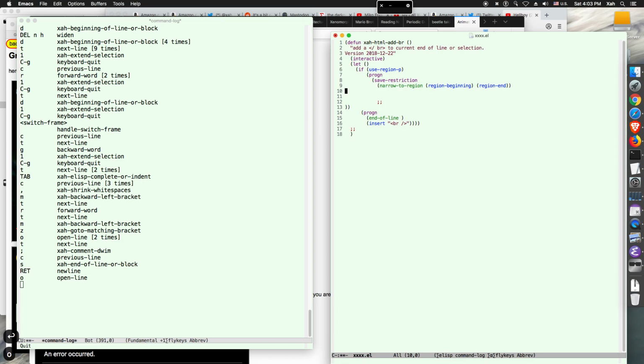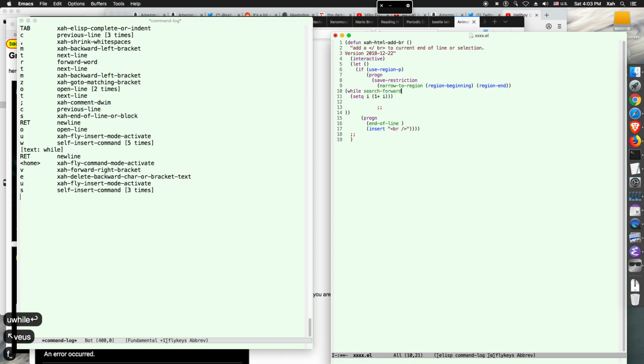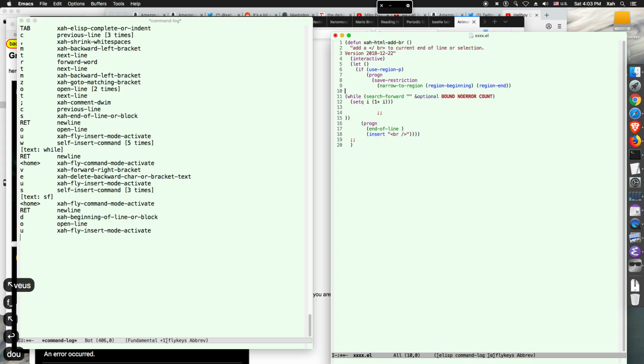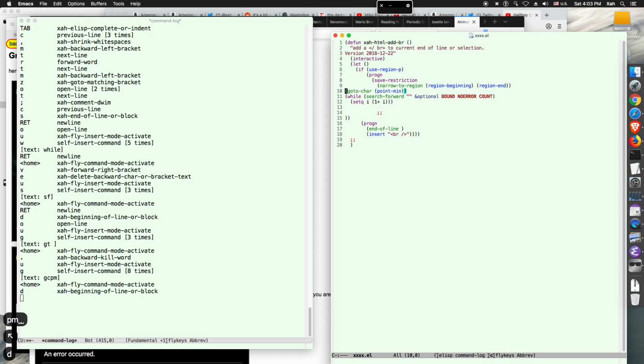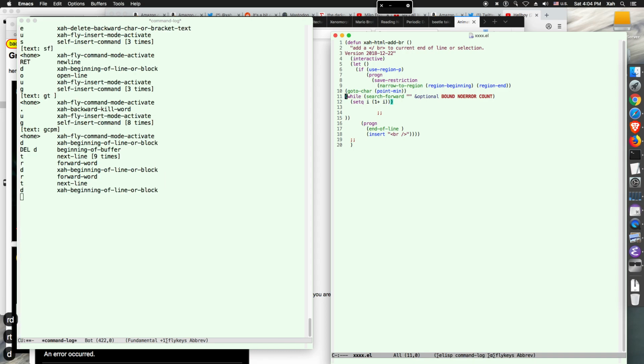Let's just do find replace. That's the idiom for when you want to do find replace. So what you do is while search forward. Wait, before we do that, you want to go to the position point min. Point min is usually 0, the beginning of the buffer. So go to char point min, then while search forward,